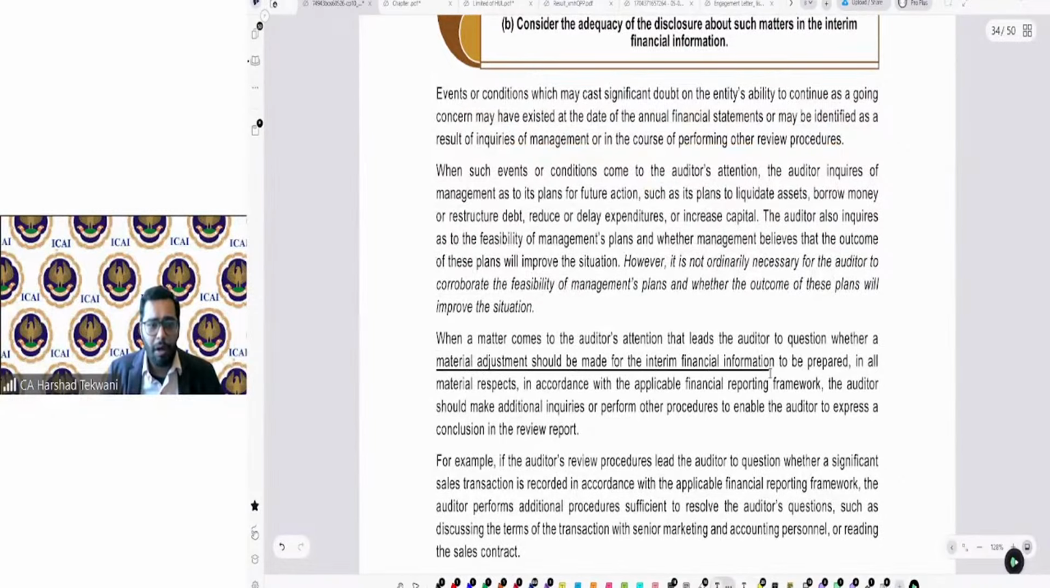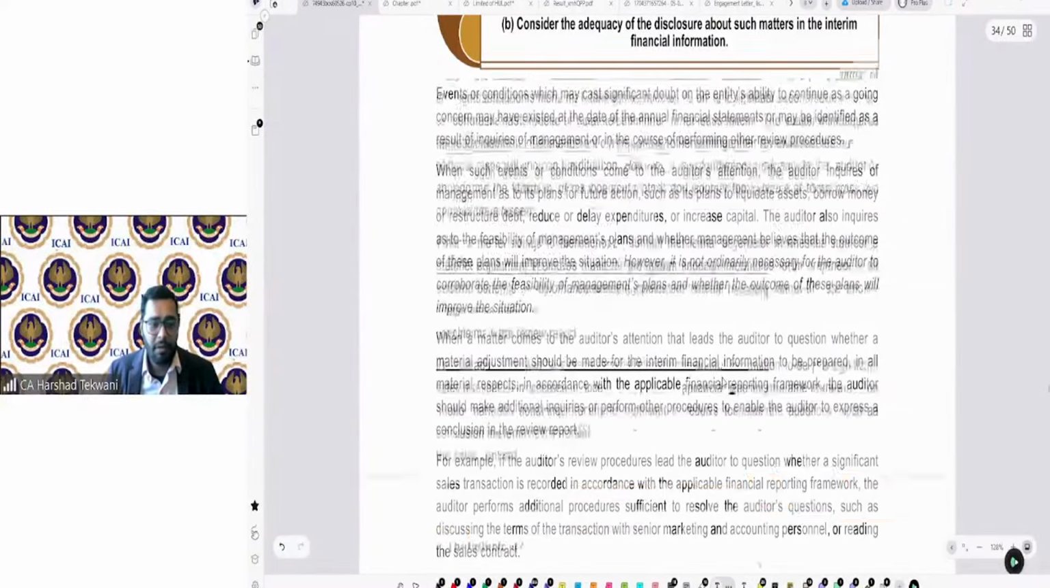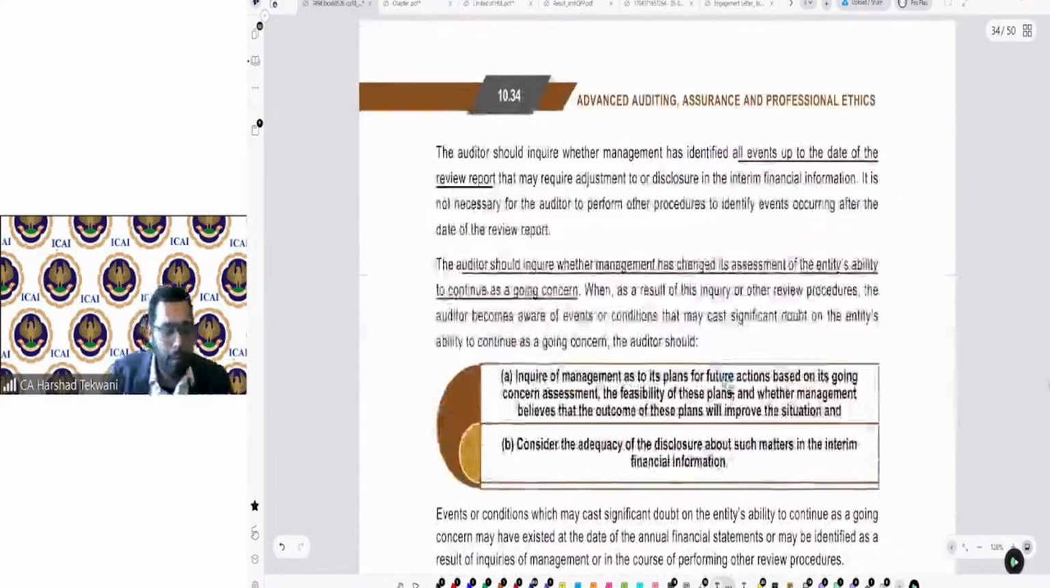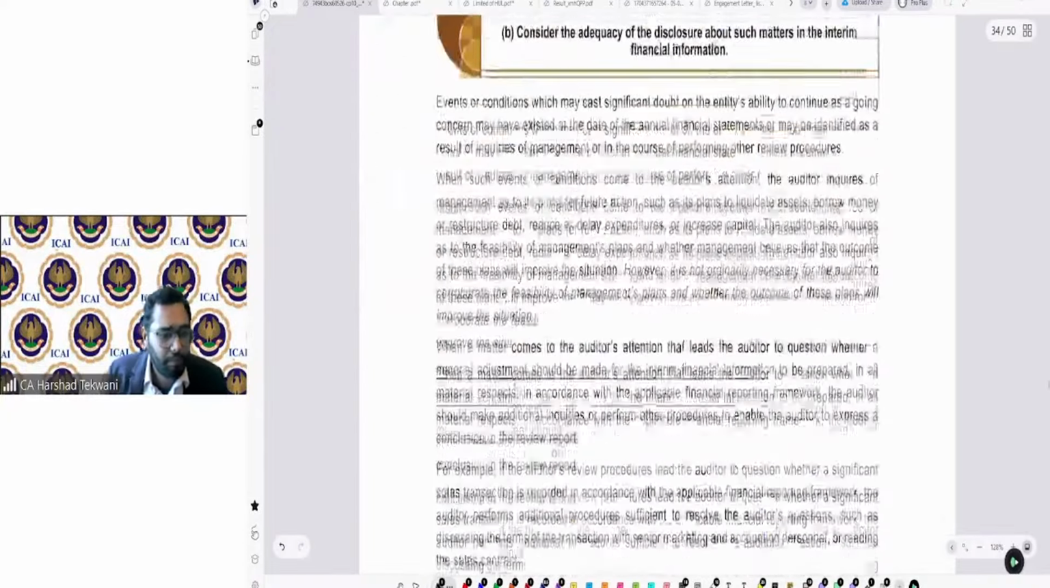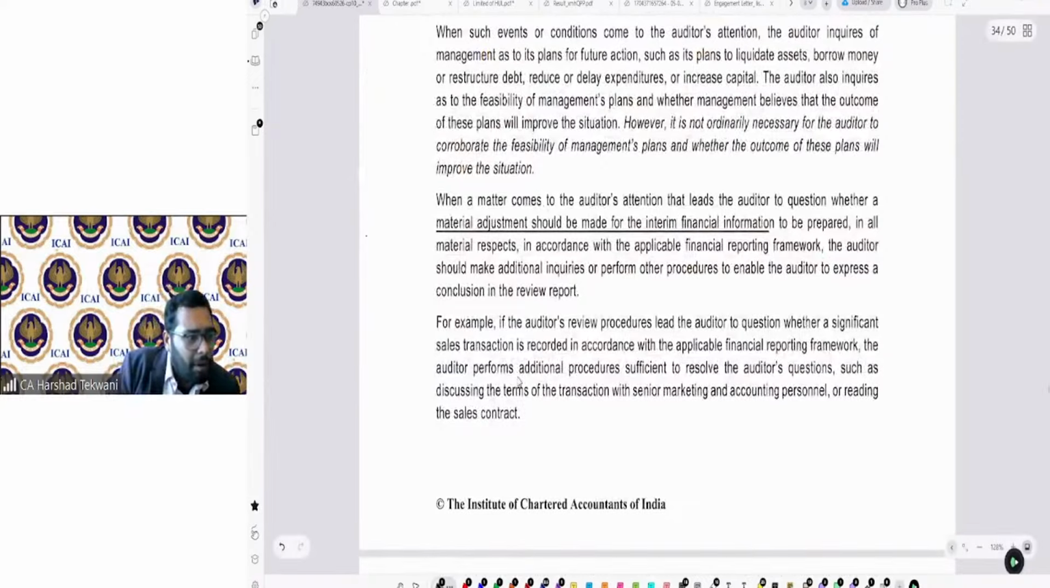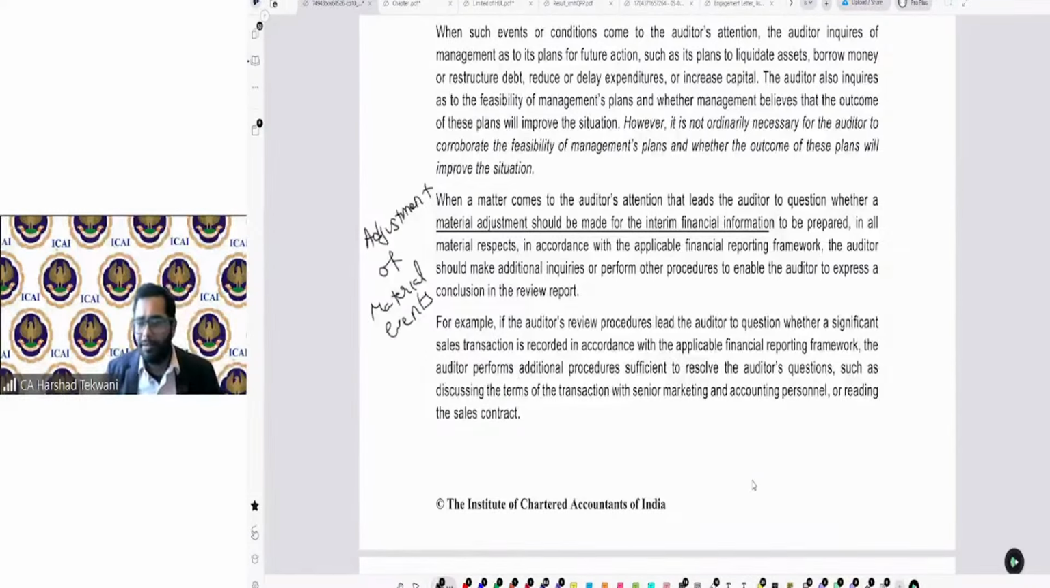Material adjustment should be made with respect to subsequent events, if any event is there. So I will write it here: subsequent events, going concern, adjustment of material events, okay, similar on the line of